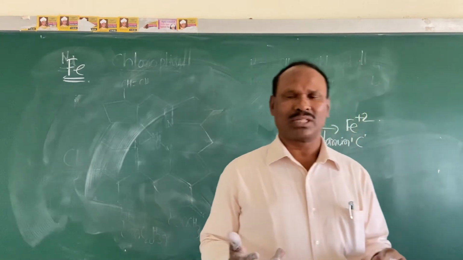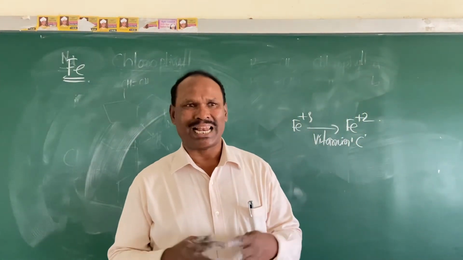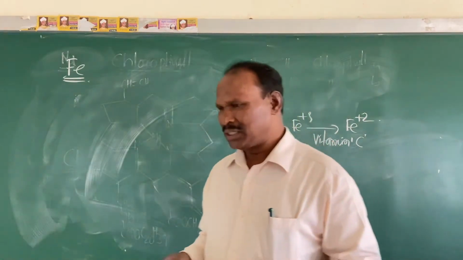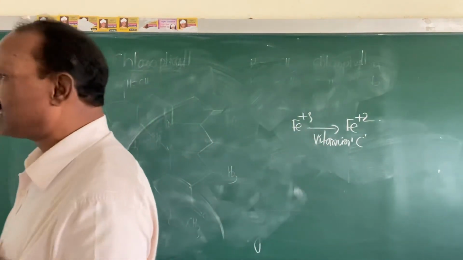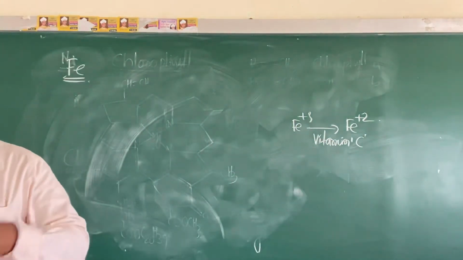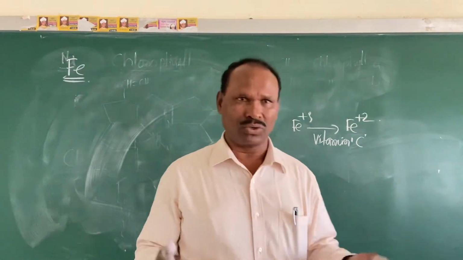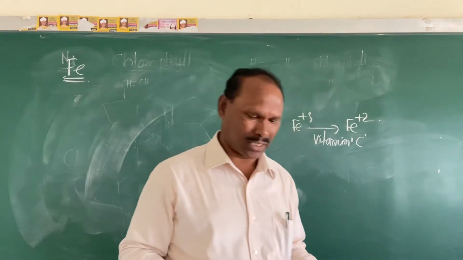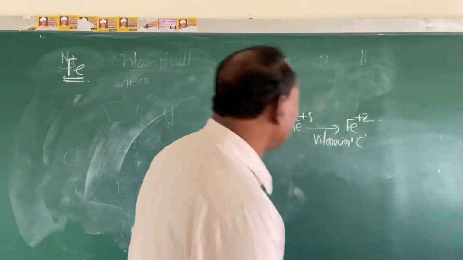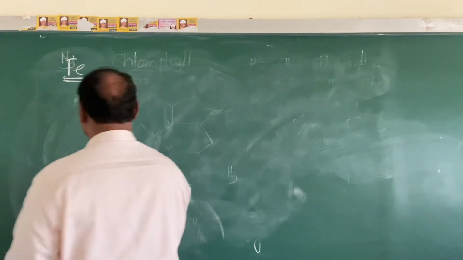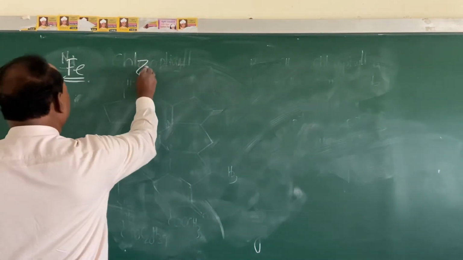So what happens if iron becomes less in our body? It is very well known that it creates anemia, bloodlessness. If red blood corpuscles become less, the WBCs will increase, and that will create a lot of problems and lead to diseases like cancer, etc. Then the next metal that is considered in our syllabus is zinc.